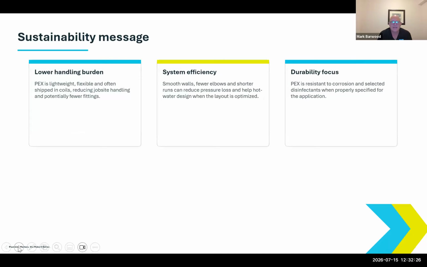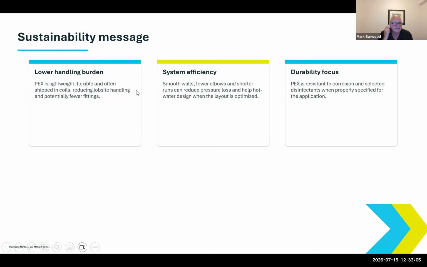Just quickly, sustainability. So PEX is way lighter than the traditional piping would have been, copper. I mean, PEX comes in 250-foot rolls. I've seen plumbers carry 3 or 4 of those at a time. A plumber couldn't carry 250 feet of copper easily around job sites. So because it's in coils, it's so much easier to work with. It's easier to handle on job sites,